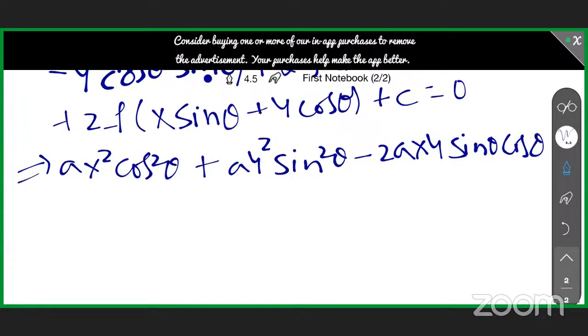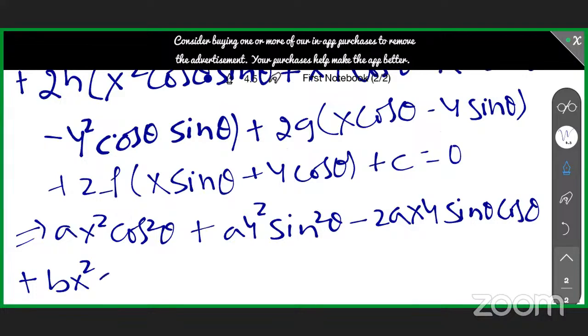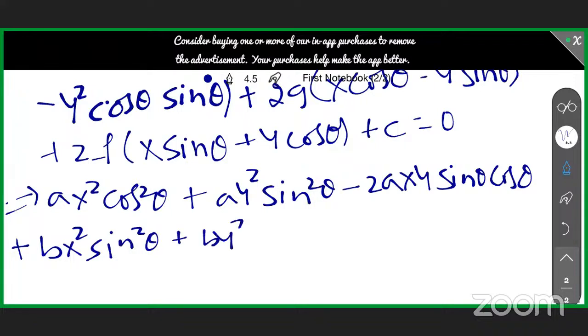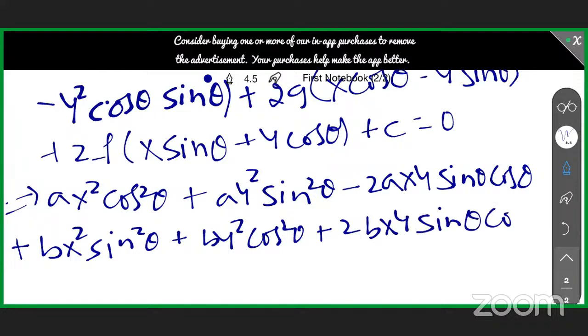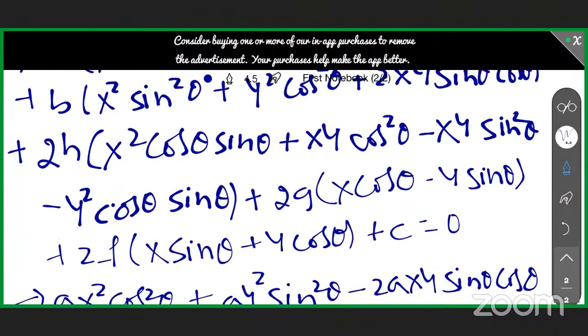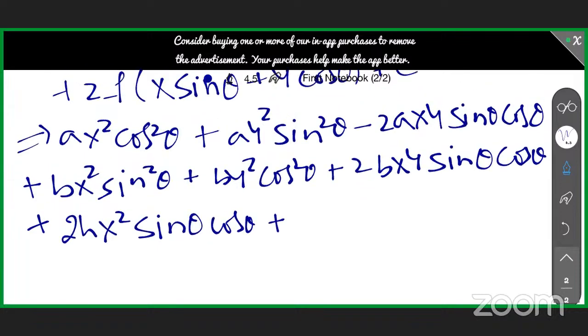plus bx square sin square theta plus by square cos square theta plus 2bxy sin theta cos theta plus, now we have to multiply 2h into everything. 2hx square sin theta cos theta